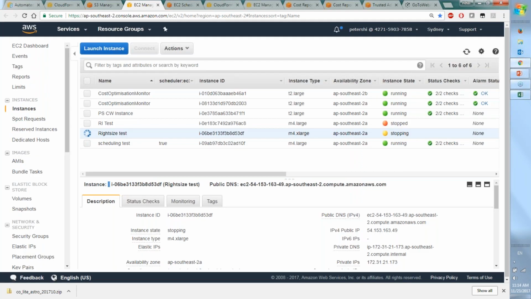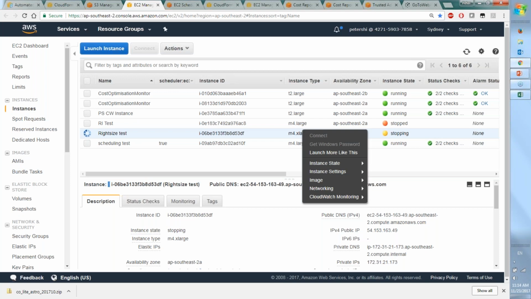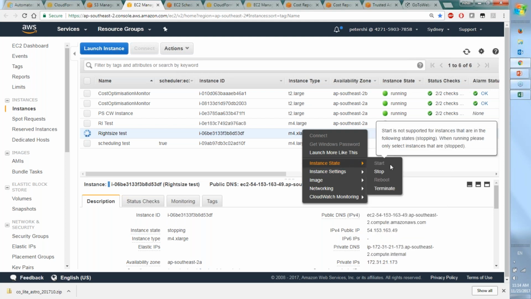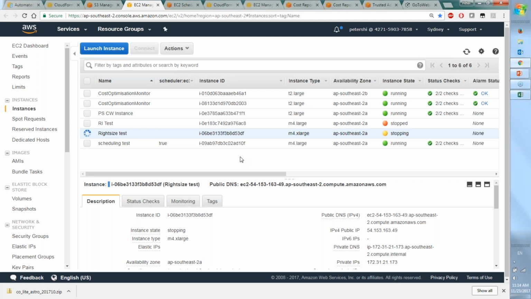You stop it, and all you have to do next is right-click the instance, and after it's stopped, it'll let you change the instance type, and that'll turn white. You change the instance type, and then instance state, start it again, and there you go. New resource priced at a different amount with a lower instance type.